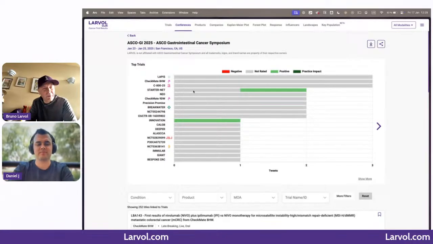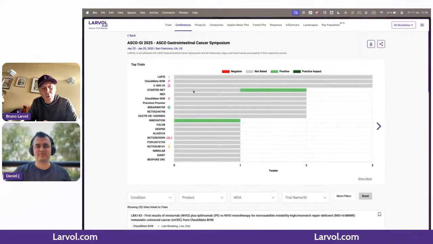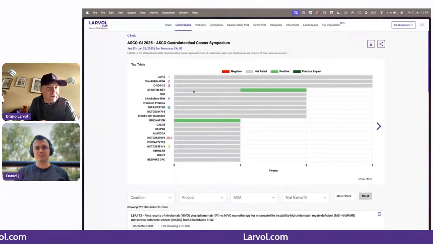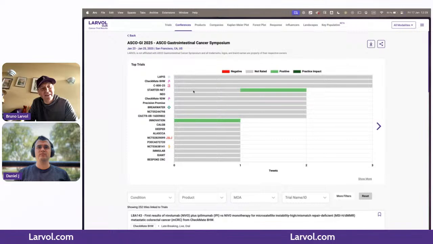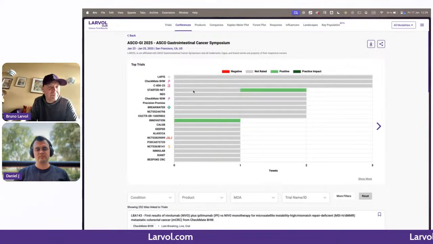Is it because of reimbursement or the cost of the medicine? Or is it because the trial design has certain flaws that the experts on X are commenting on as part of their critical commentary? So that's our platform to analyze with, again, that virtual panel of